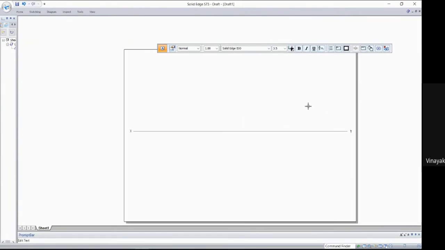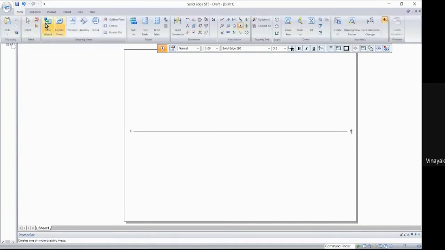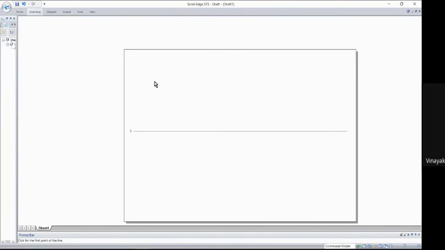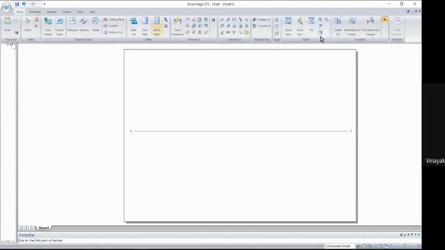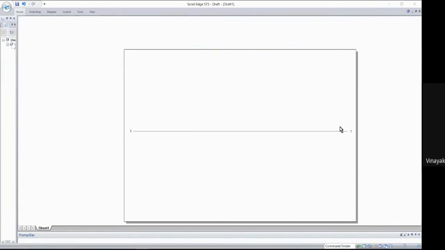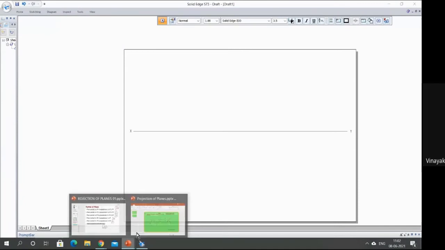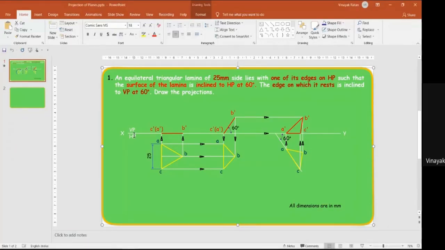After that, we'll draw the first position. Before that, one more thing I forgot. Vertical plane and horizontal plane, you have to write this. Instead of writing it on the left, I'll write it on the right hand side.